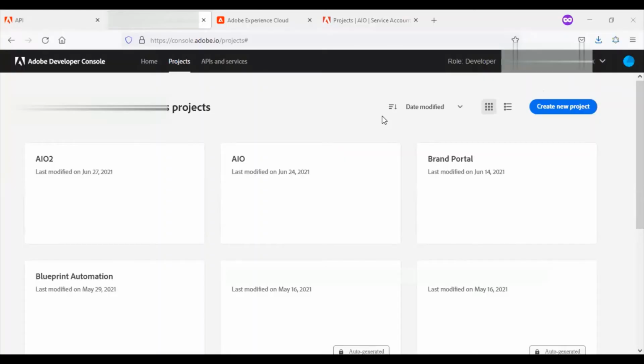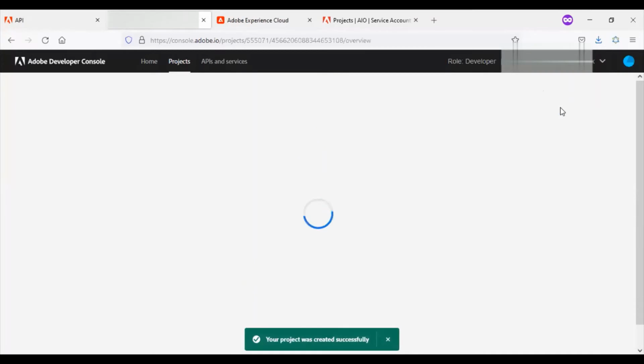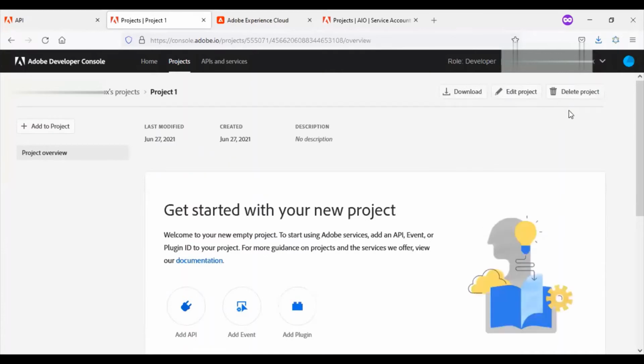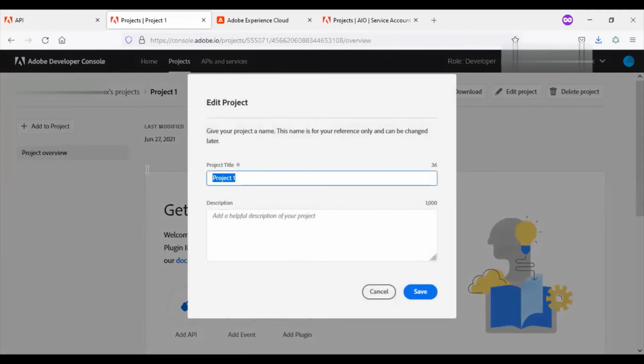I have logged into the developer console of Adobe I/O, which is console.adobe.io. I need to click on create a new project. Click on edit project and name the project.